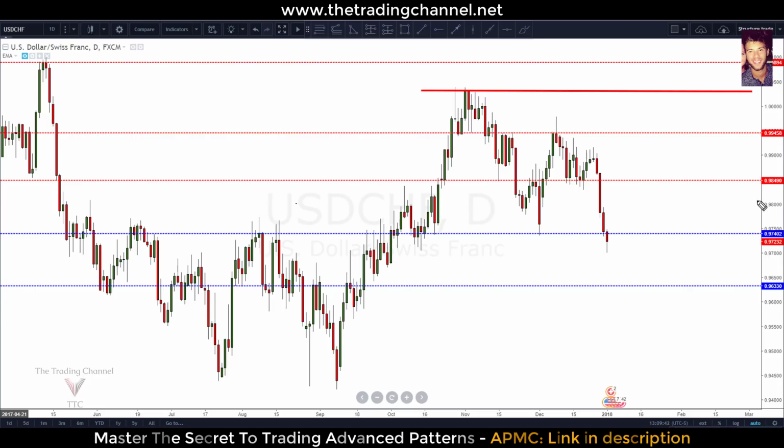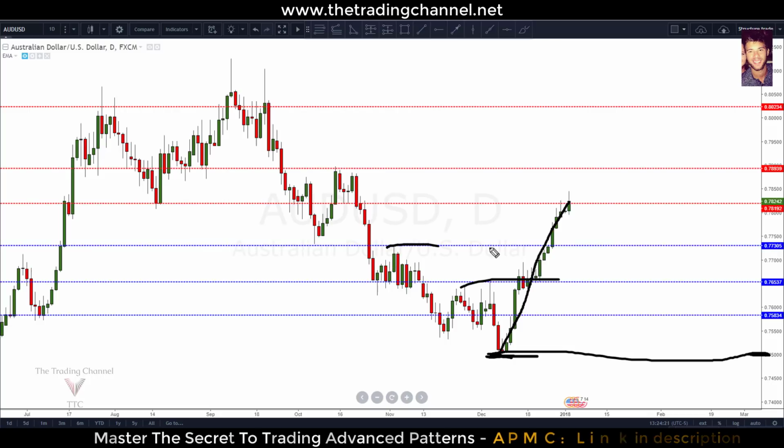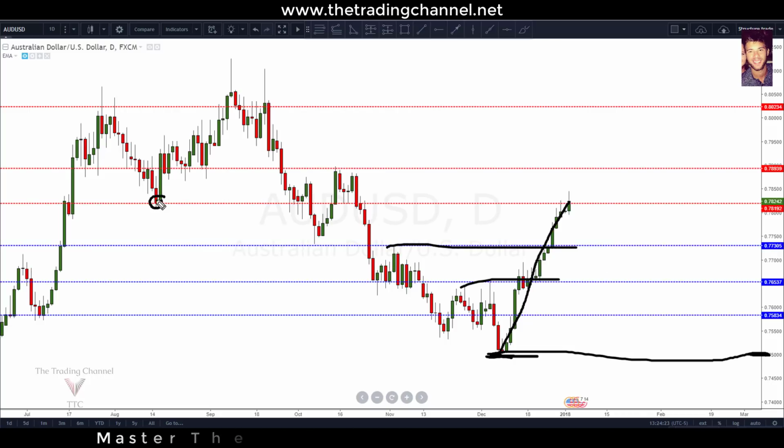Let's go ahead and head over to that Aussie dollar chart and take a look at what we're expecting out of that pair throughout the first week in 2018. So here on the Aussie dollar, something we need to pay attention to is the fact that we have just reversed direction. As you can see from this level of support down here around the 0.75 even handle, we got a huge rally out of this market, breaking above one resistance, two resistance, and now floating around a previous resistance